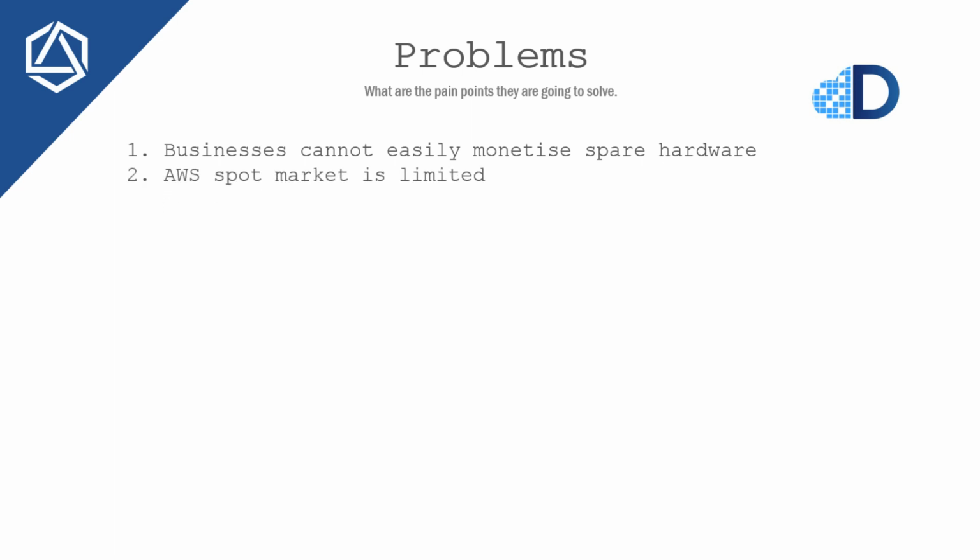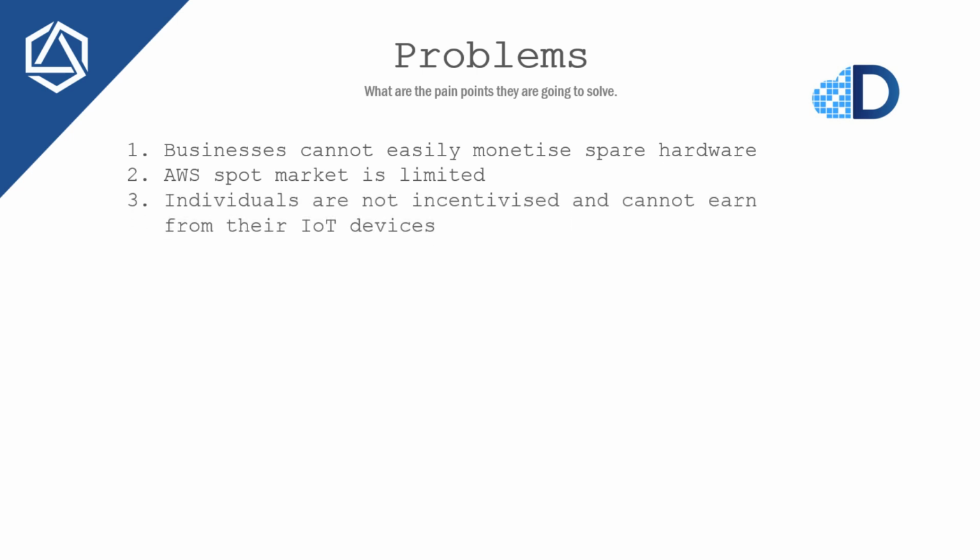Now, in terms of the current solutions, AWS has a spot market, but it is limited. You're limited within the platform in who you can buy and sell the hardware from. And of course, that is going to limit the amount you can earn. Individuals as well are not incentivized at the moment, and they cannot earn from their IoT or Internet of Things devices, where this project proposes to actually incentivize people to use it and reward them